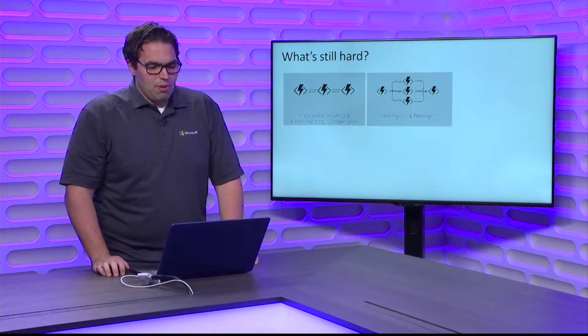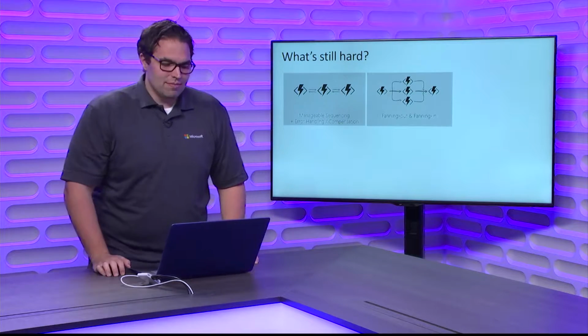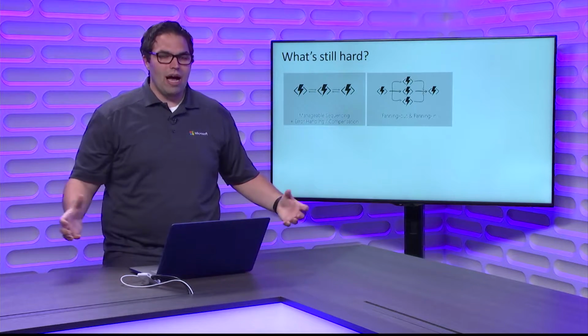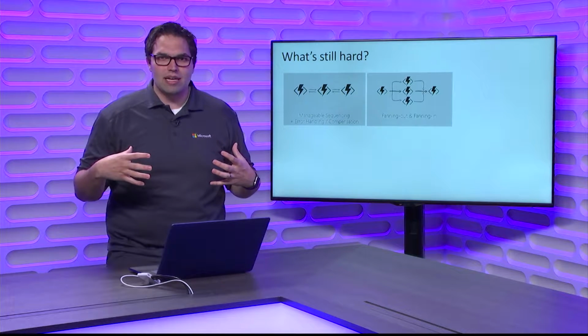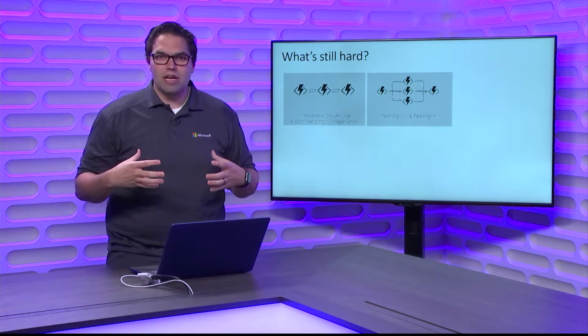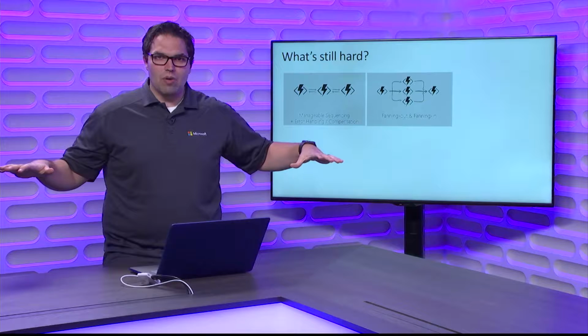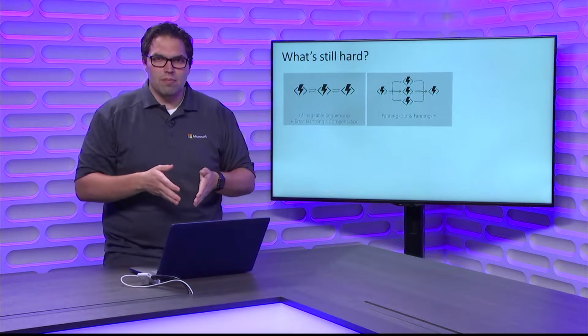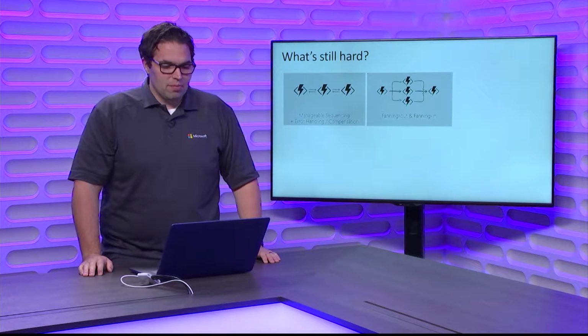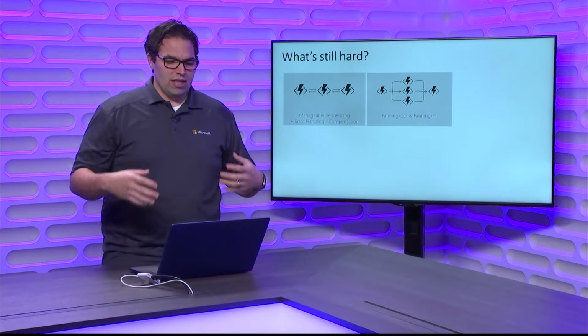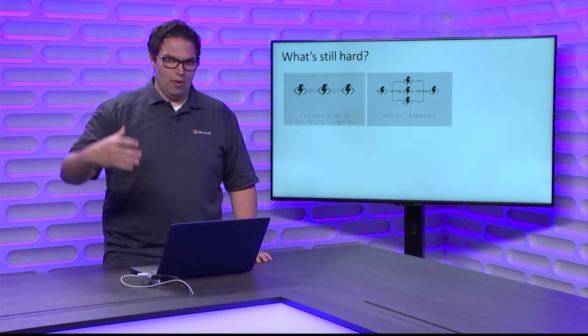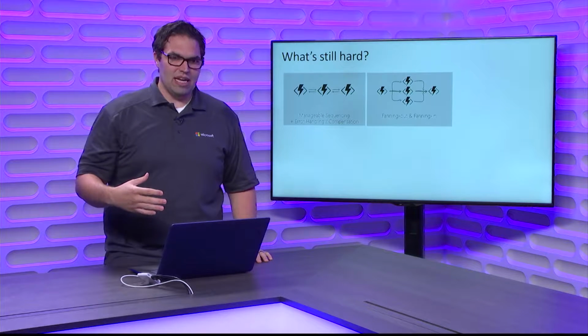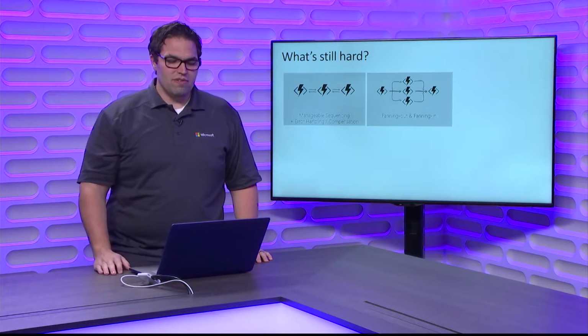Here's another interesting problem, which is fanning out and fanning in. If you think about an example where you have a bunch of data that needs to be processed, it might be more efficient for me to parallelize all of that work, to break it into individual pieces and process them one at a time. We're going to go through an example later in the presentation about doing this with order history. I want to know all of the orders that happened in the last 7 days and do some work for each individual order.